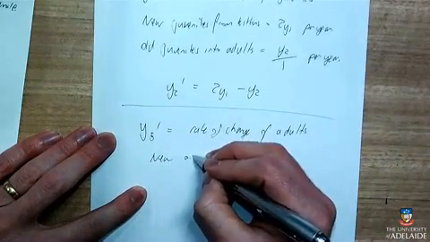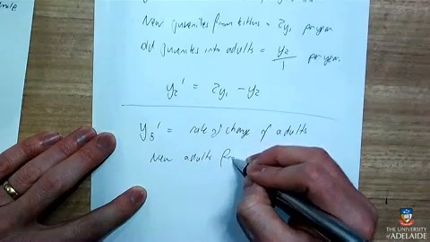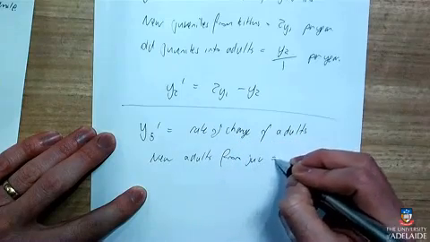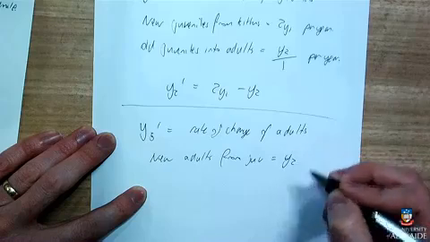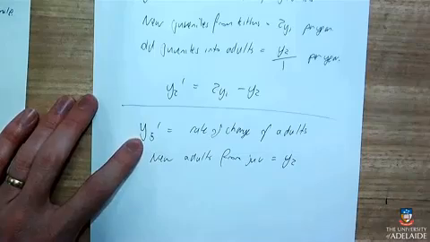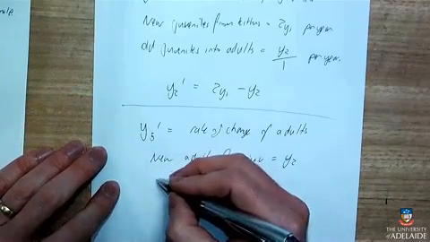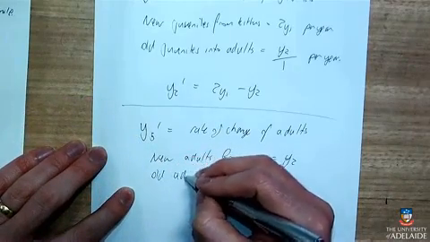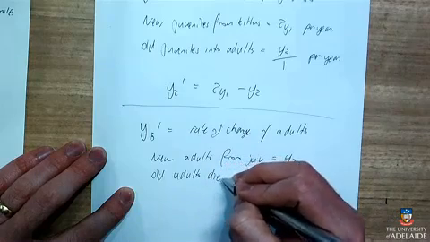So new adults from juveniles, well, we just figured that out from before. That was the Y2 that we just did. And old adults die